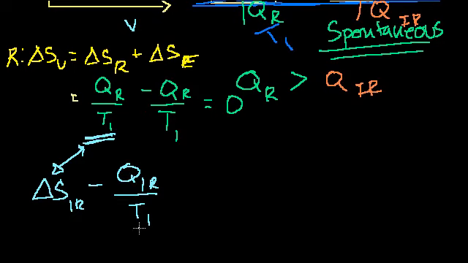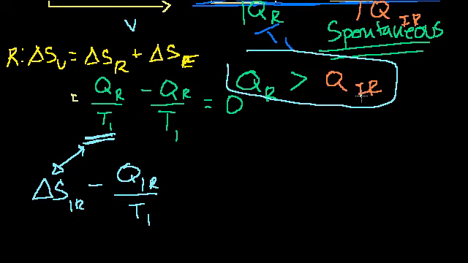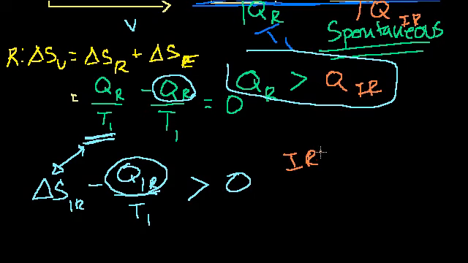Let me clean this up a little bit. I wrote it right here. Q sub IR, the heat that the irreversible process has to take from the reservoir because it's generating its own heat from friction, is less than the heat from the reversible process. So this number right here is less than this number here. Or you could view it this way: this number here was equal to this, so this number here is going to be less than this. So this has to be greater than 0 for the irreversible, spontaneous